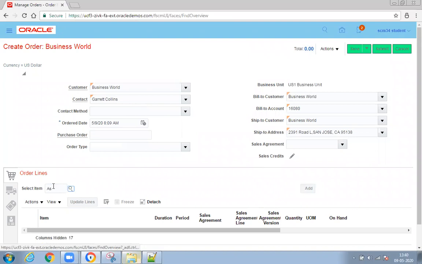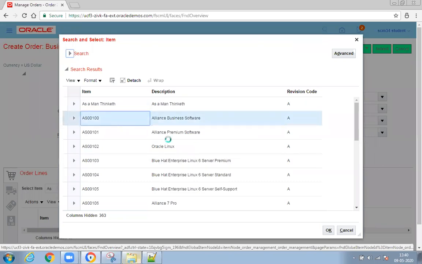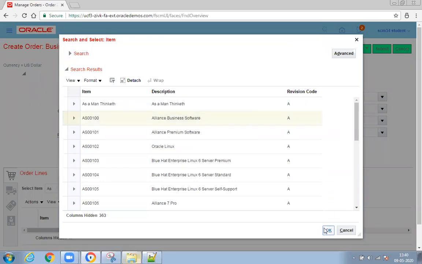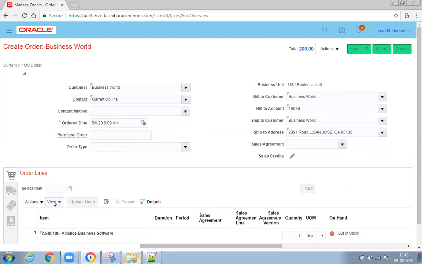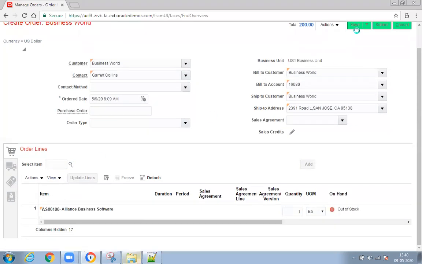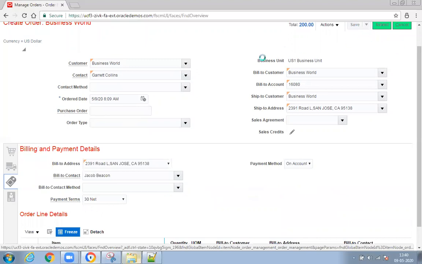Enter item. Okay, it's out of stock. Anyway, just add that item to the sales order. So let's see whether it's populated or not. Let me save it, to see whether based on my pre-transformation rules, my AR billing type is populated or not.